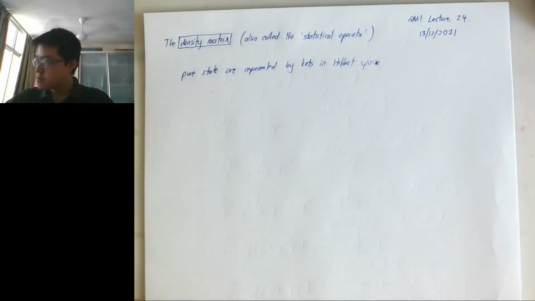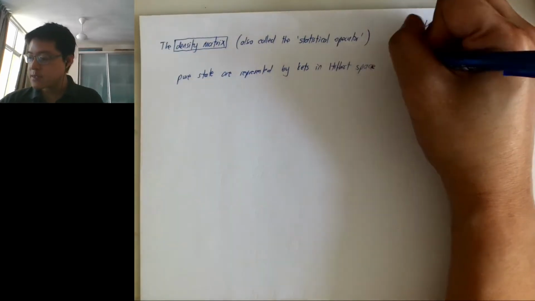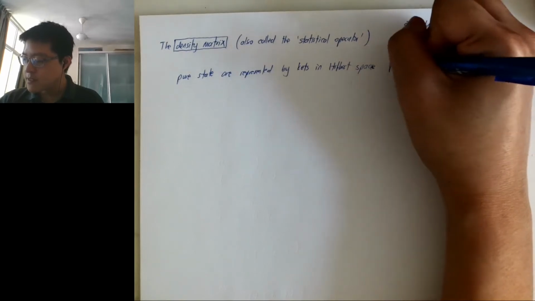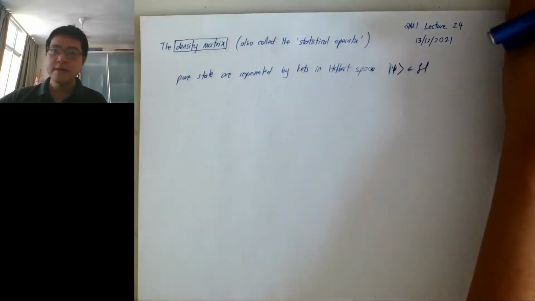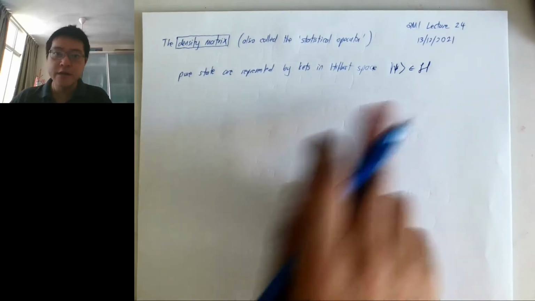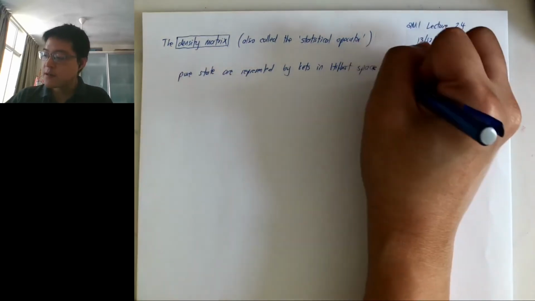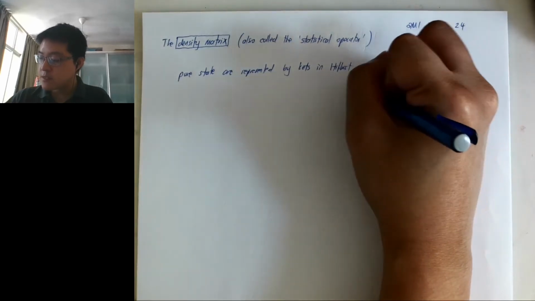Yes, they are called kets in Hilbert space, and we use this symbol. So this is that object that is in Hilbert space. This is nothing new, just reviewing what we already know. So to get the corresponding density matrix,